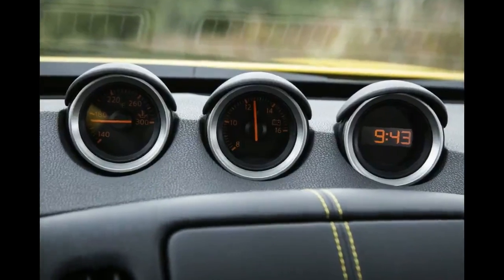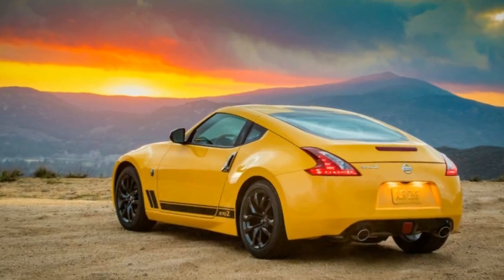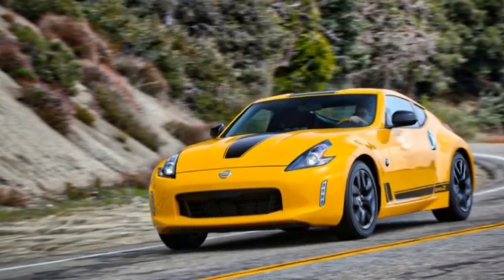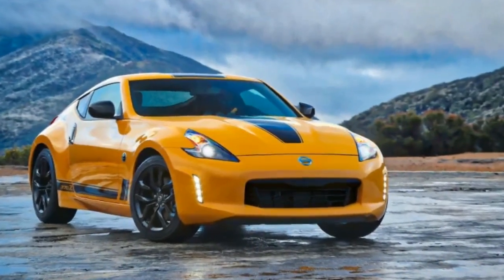Contrary to our friends south of the border, where you could opt for a Z Nismo with the 7-speed automatic transmission, Canadian spec cars are available exclusively with the 6-speed manual with rev matching. Do yourself a favor and leave that doohickey off, though. You also get a few showy bits,